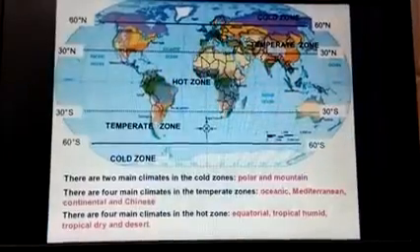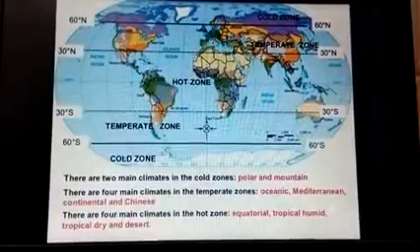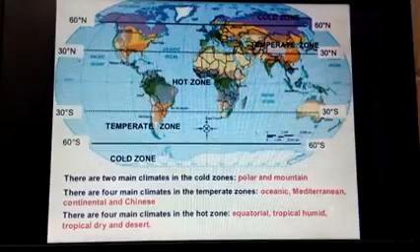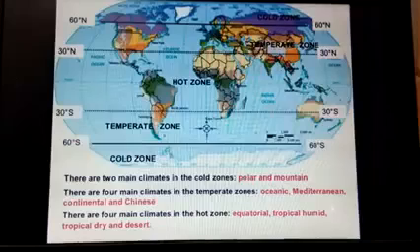Here we have a very simple figure. This is the equator. From the equator, 30 degrees north to 30 degrees south, we have a very hot zone, because the sun is actually very bright on this zone, and above this zone there is the temperate zone. There is not too much cold, not too much hot. We'll see this on different slides.